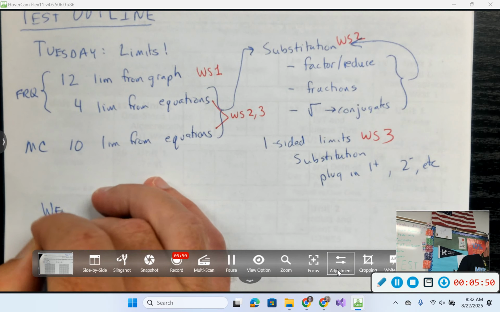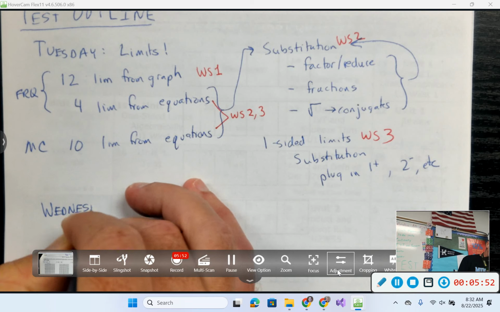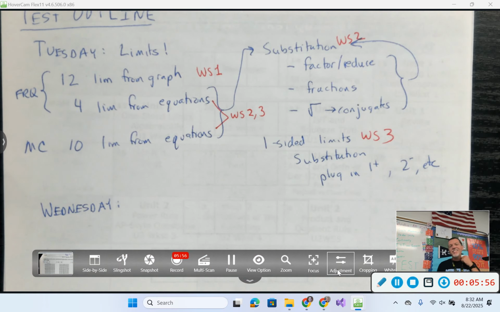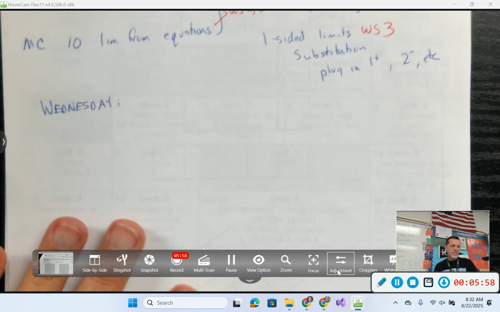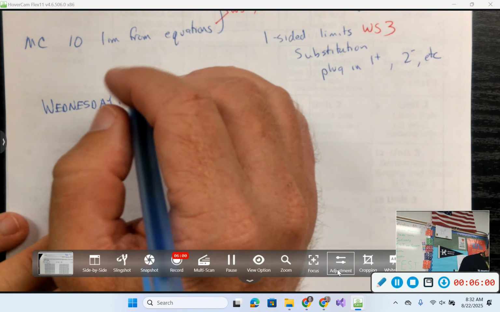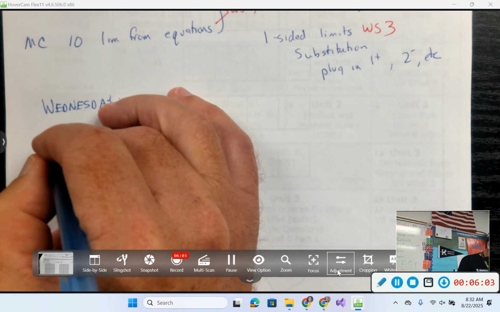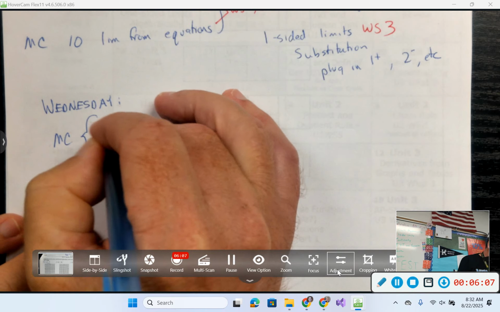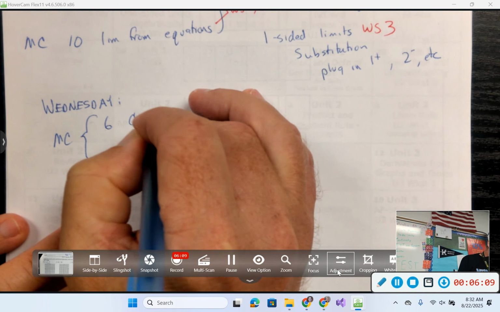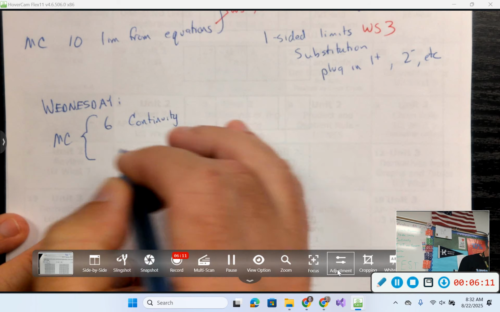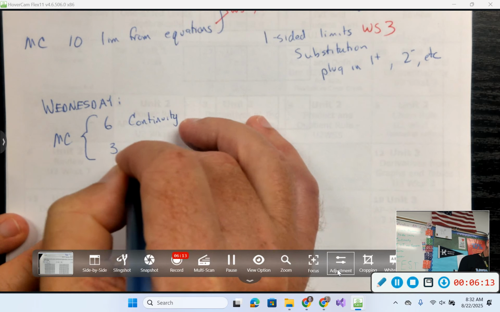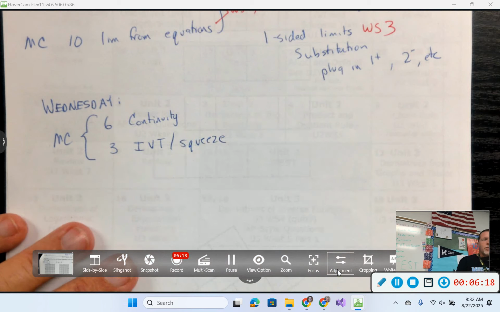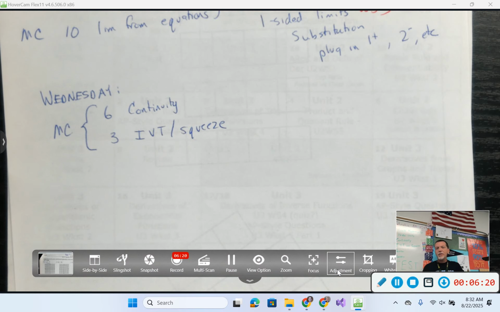Okay, then for Wednesday's test, I guess the easy thing would be to say everything else, but we can get a little more detailed than that. Multiple choice, 6 on continuity, 3 on IVT and squeeze. Only 3 because it's just hard to write very many questions about